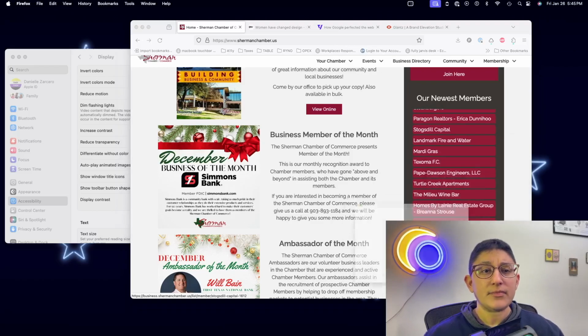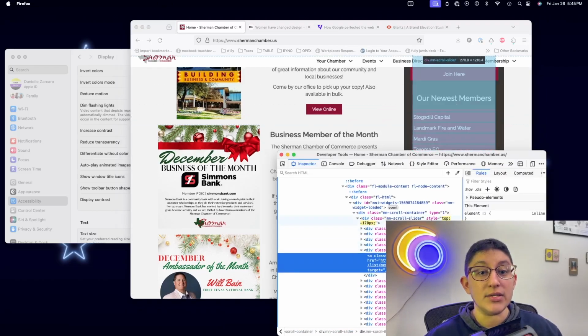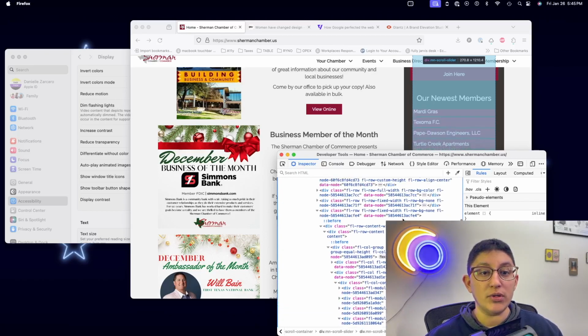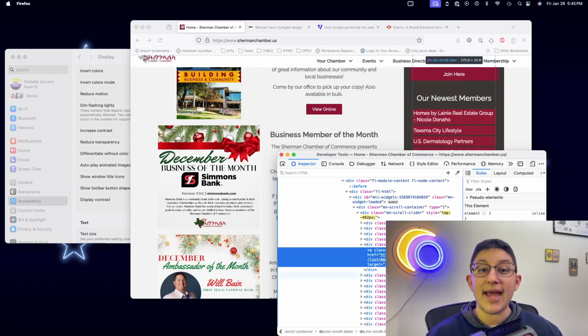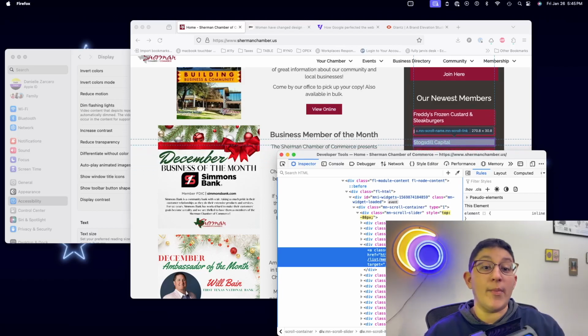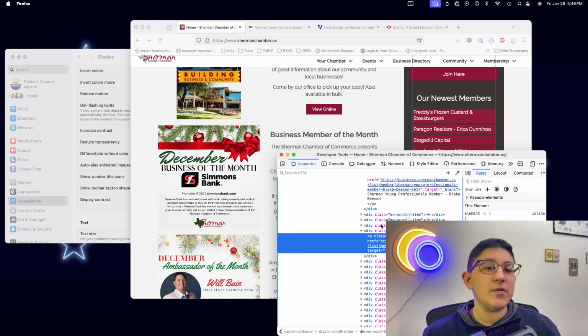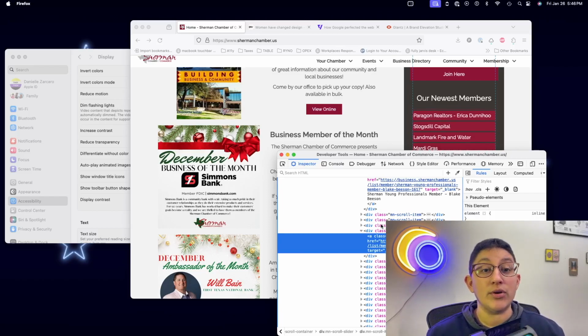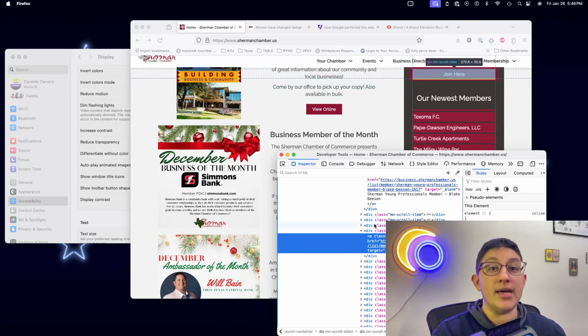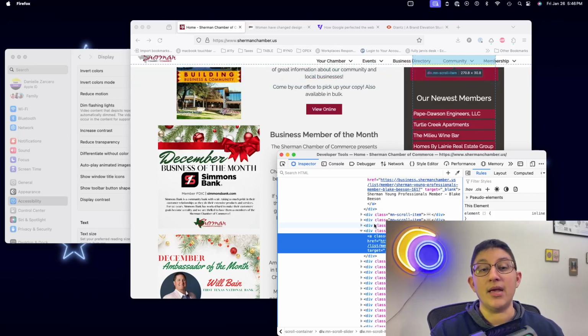And then let's take a look at the code really quick. It does look like whatever is putting this together, some kind of module, also doesn't have these items in an unordered list. So as somebody who's using a screen reader, I can't go through this and know how many items are in the list, right? You just have to be really careful when you're adding these things. You have to make sure that they're done not only user-friendly with this scrolling thing, but accessibly, with the list items being in the correct markup.